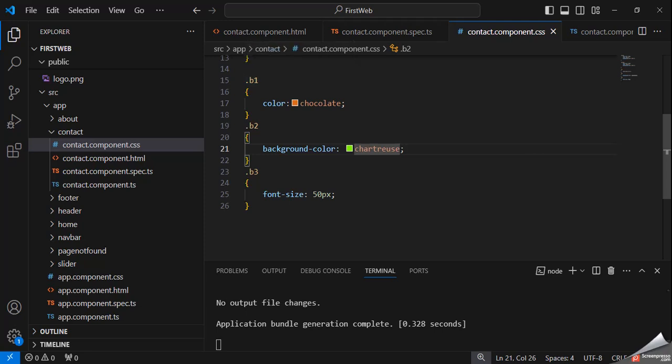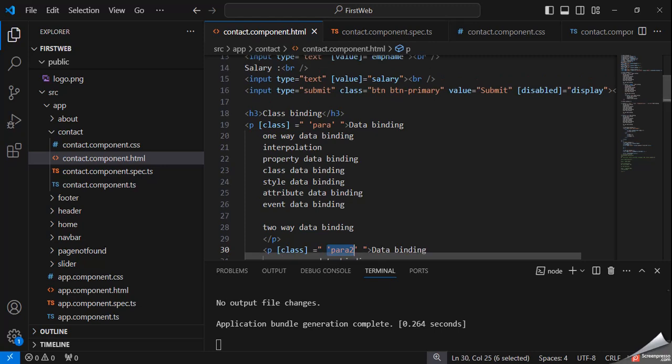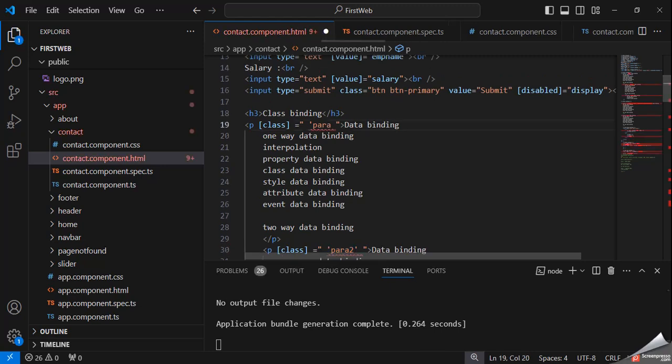In dot b2 I have declared the background color, and in b3 the font size. So suppose we want to use b1, it is very simple. In place of para1, we can declare b1 here.